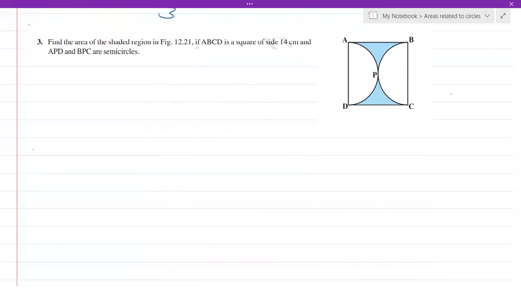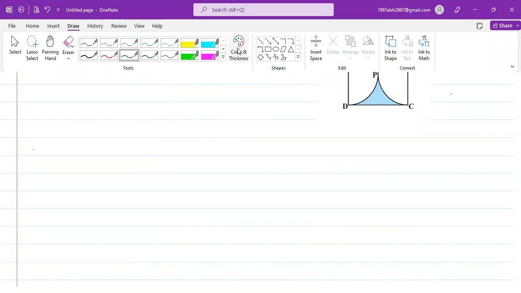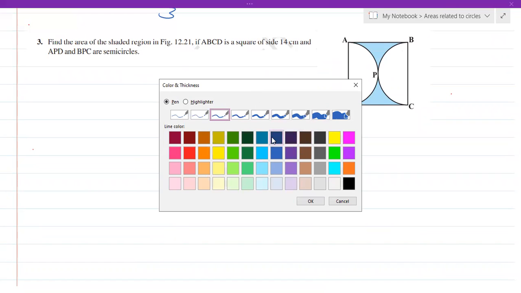Again, we have to find the area of the shaded region. Now ABCD is a square. If you observe, they have given that APD and BPC are two semicircles. So what we are going to do here is let's find